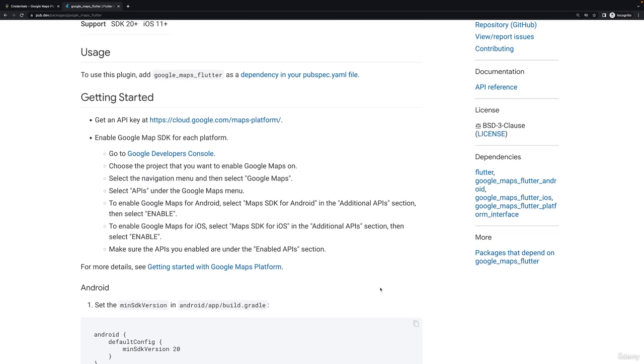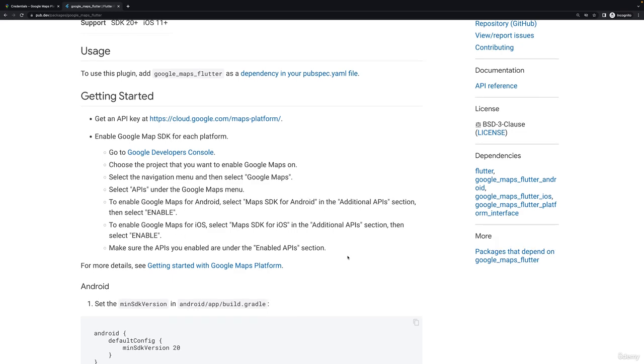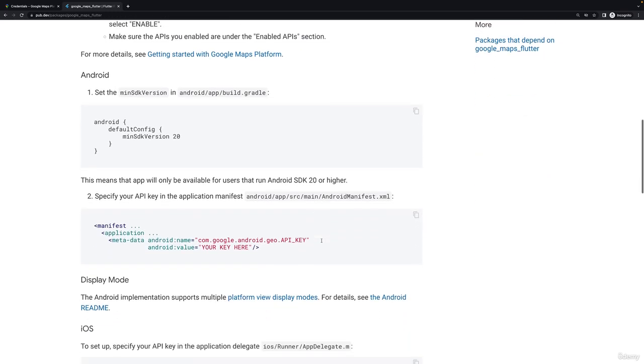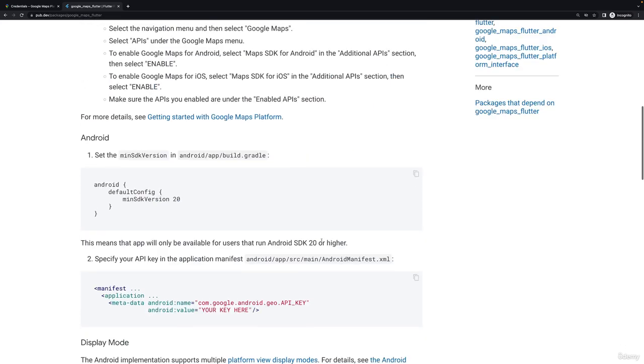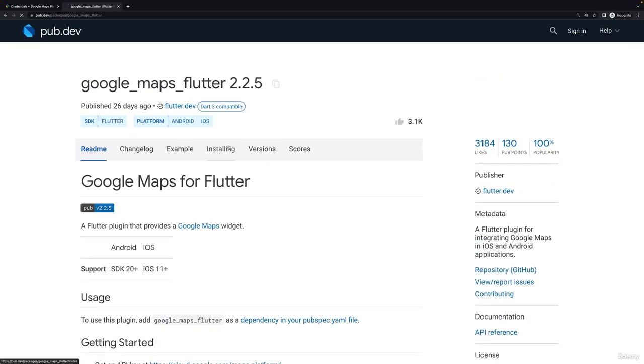For example, here it also tells you that you need a Google Maps project in the end, an account, and that the Maps SDK for Android and the Maps SDK for iOS should be enabled. You also need an API key, but of course we got all these things already because we already worked with Google Maps before in the previous lectures. We'll also have to go through some additional setup steps though, but we'll do that after actually installing the package,